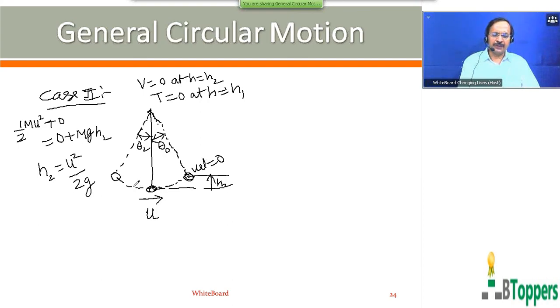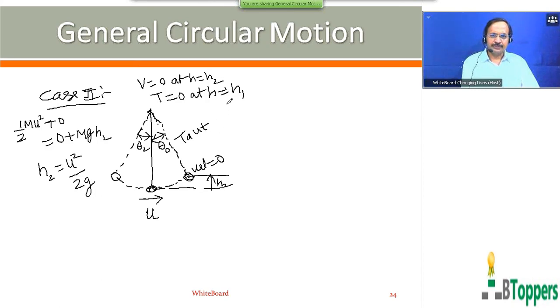So the bob of a simple pendulum oscillates to and fro about the lowest position in the vertical plane only if velocity becomes 0 at an instant earlier than tension becomes 0. The bob oscillates to and fro in the vertical plane such that the string remains taut, or straight, at all instants during the oscillations, only if the velocity of the bob becomes 0 before the tension of the string becomes 0.